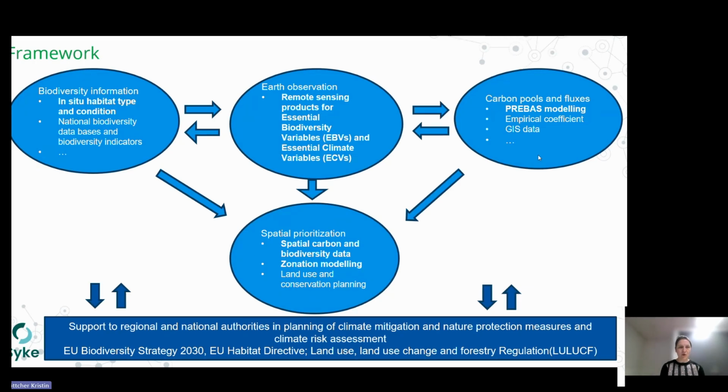And then this supports our regional and national authorities in planning of climate mitigation and nature protection and climate risk assessments. And this is also aligned with EU policies that have been mentioned before already in the presentations, the biodiversity strategy, the habitats directive, and also the land use, land use change, and forestry regulation. So in the next slides, I will then go into more detail on what we will focus on in this BioClima